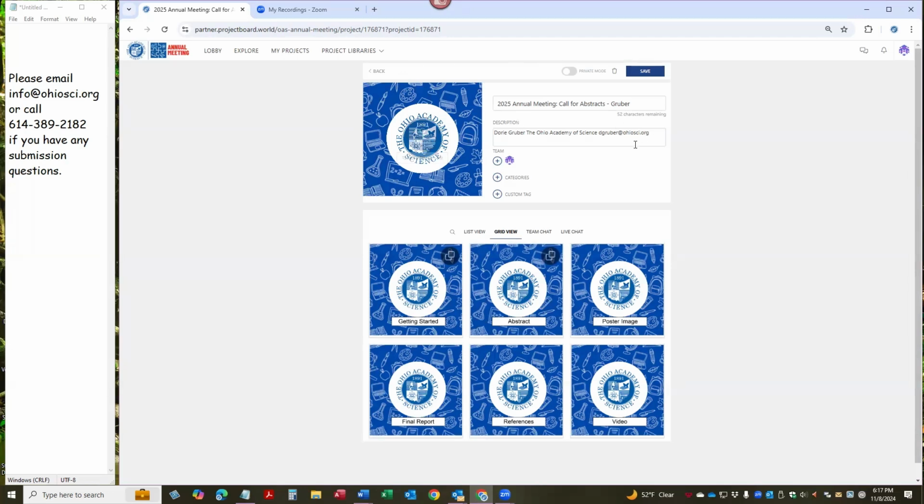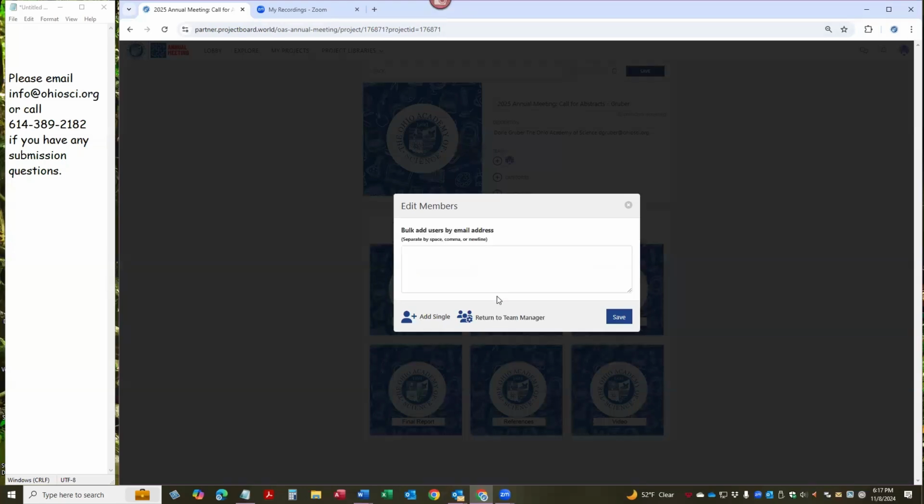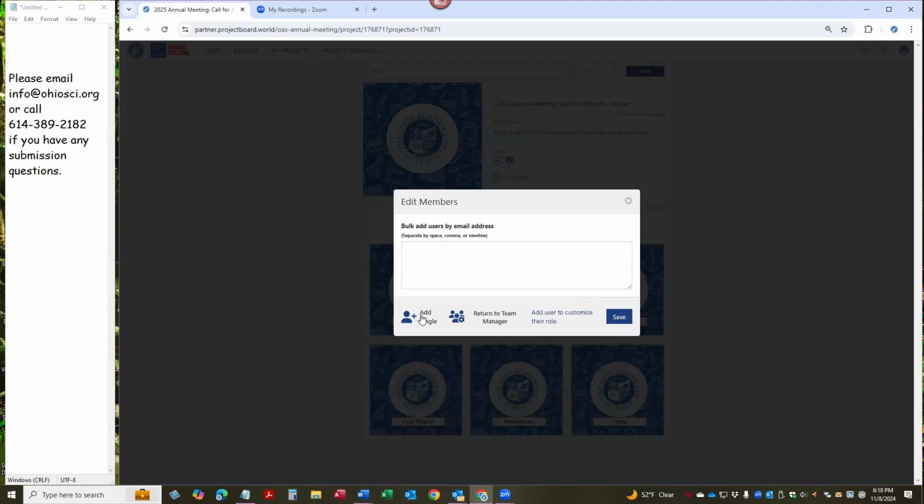Now, if I had multiple authors on my paper or an advisor, here under team, you would click. Once they have created their account, you can add a single person at a time or multiple users. And basically, you would type in their emails for bulk, and it could add them all at once. So you could cut them out of up there and put them in. Or if you need to add a single user,